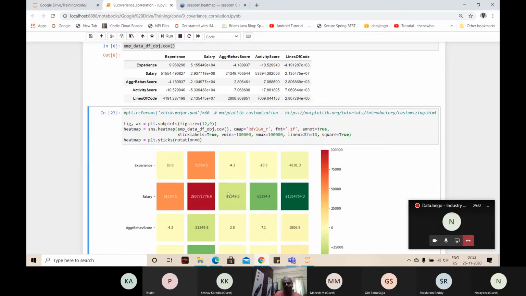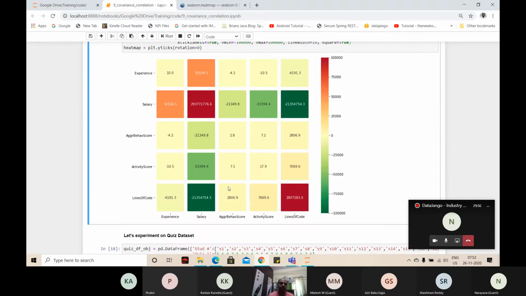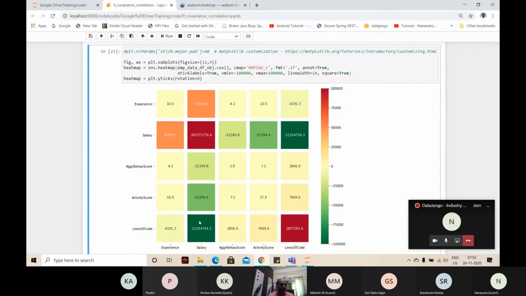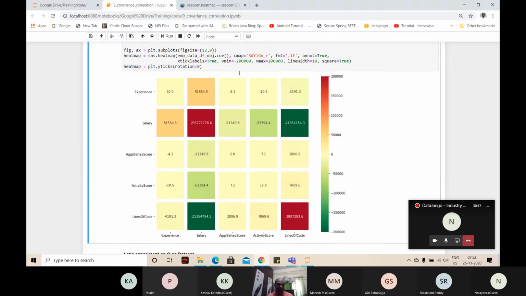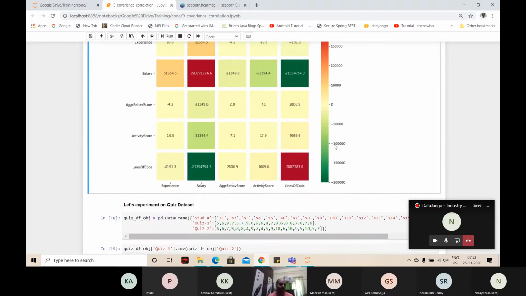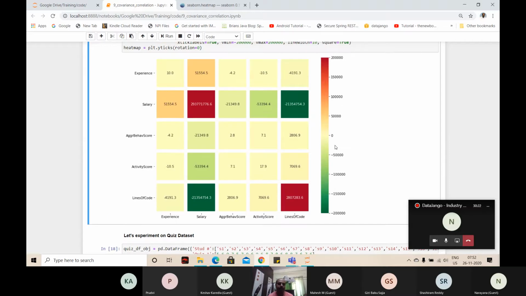But these numbers, when you use covariance, don't make much sense. They'll give direction only. The number is not that important. But this Vmax, Vmin makes more sense in correlation than covariance. Did you understand my statement? I'm saying that Vmin, Vmax, whatever you take, doesn't make sense here. Why am I saying that?